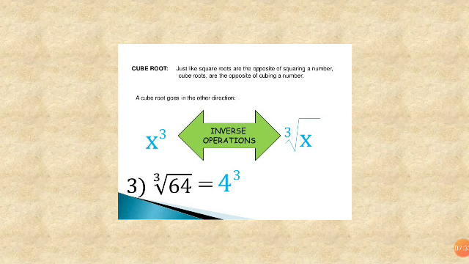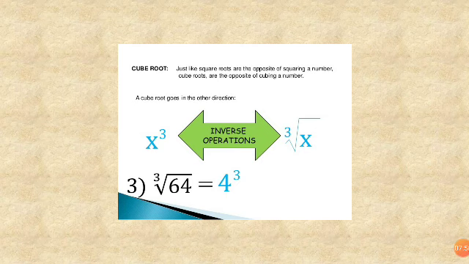So the cube root of 64. What is the cube root of 64? Already you studied 4 cubed: 4 into 4 into 4. 4 4s are 16. 16 4s are 64. So 4 is the cube root of 64.